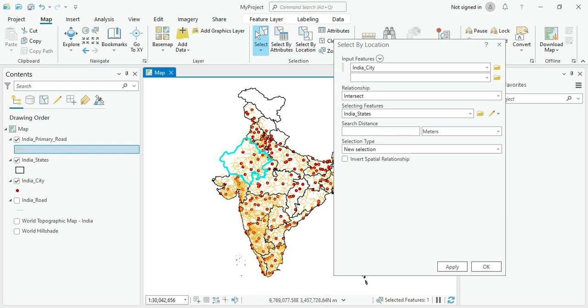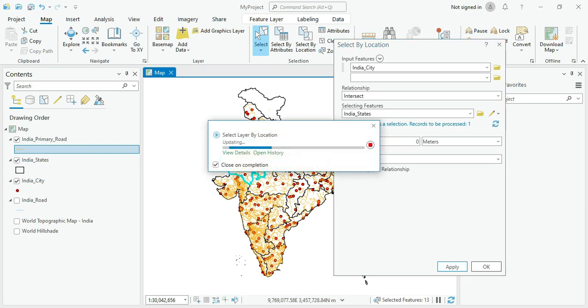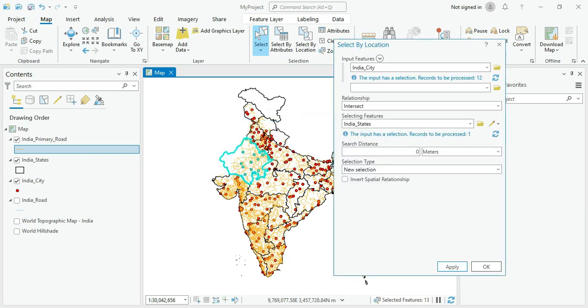So here, if you look at the select by location box, I want to select all the cities that are intersecting with India states, and for search distance I am providing 0 meters, and I want to create a new selection. Let me click on apply. So you can see on the map only those cities have been selected which are inside the selected states of